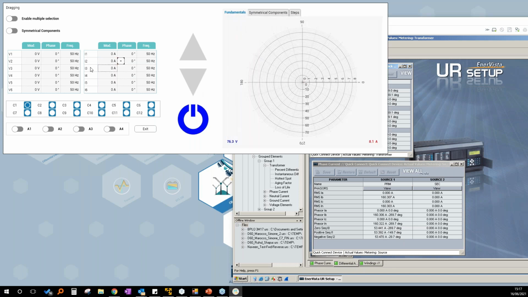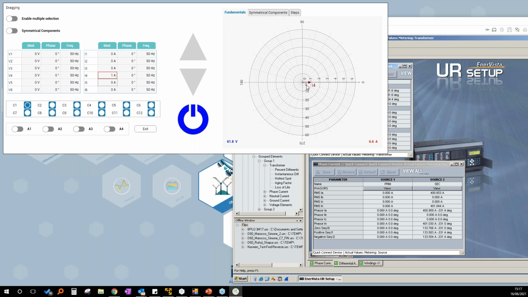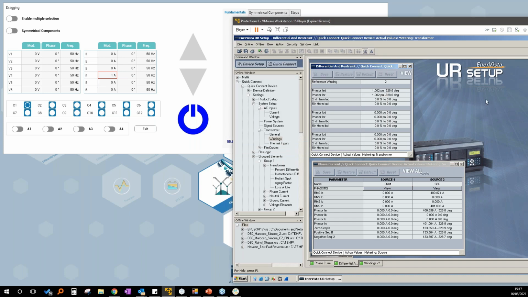If I do the injection in one of the phases of the secondary side, and remember, this is a delta side, and for General Electric protection, this is a reference winding, and in particular, the reference winding is multiplied by the unit matrix. That's why if I generate one current, I see only one differential current.